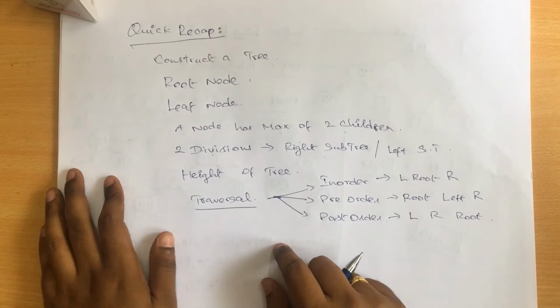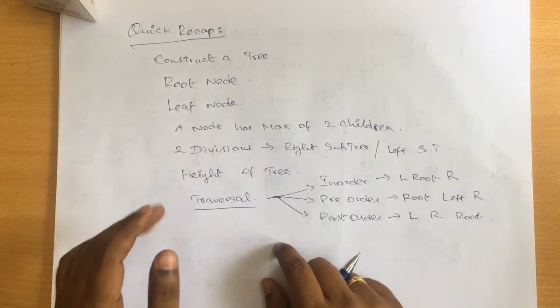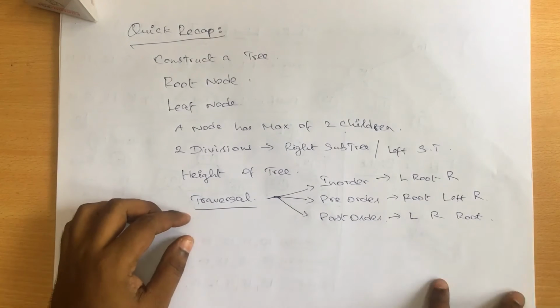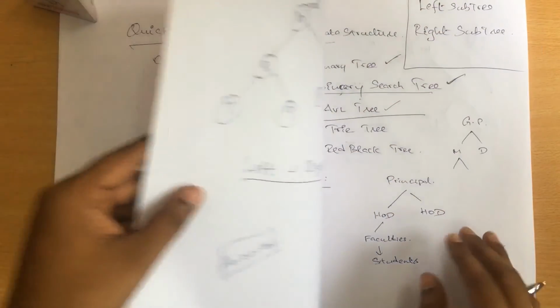And always do remember the root node. The values that are less than the root node will be in the left subtree, and values greater than the root node will be in the right subtree. So that's one more basic thing we need to know about a tree. And that's all, I guess. Yes, that's all, guys.